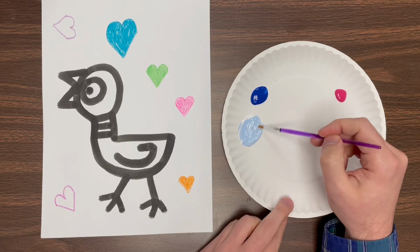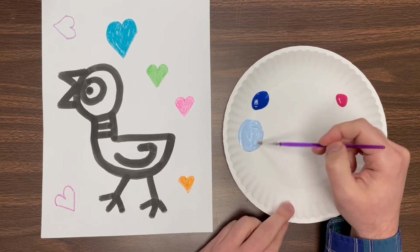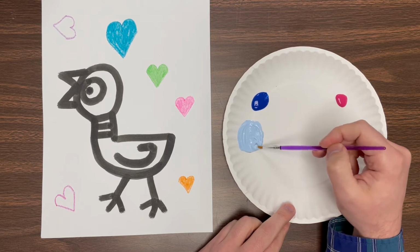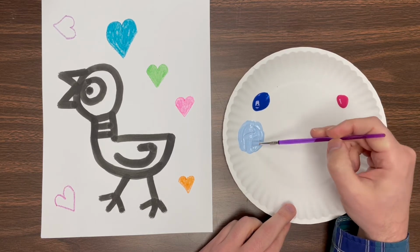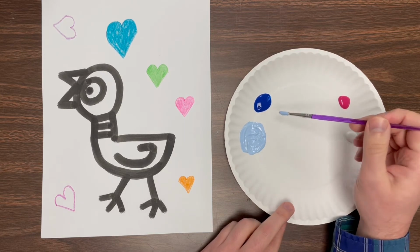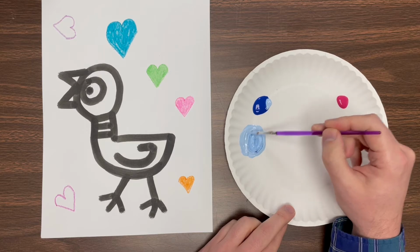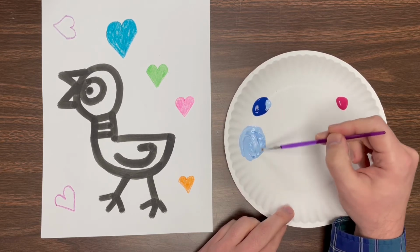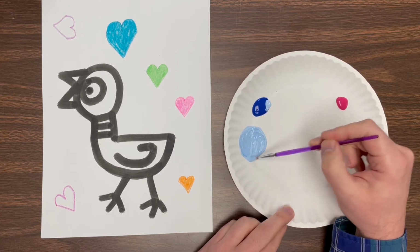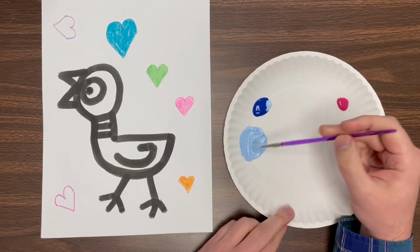Now, if you mix that up and you think it looks good, you're more than welcome to use that to paint your bird. Now, if you want a darker tint, you can add a little more blue. There's all sorts of different tints you can make. But today, we're gonna mix the blue and the white to create a nice light blue, and that's how we're